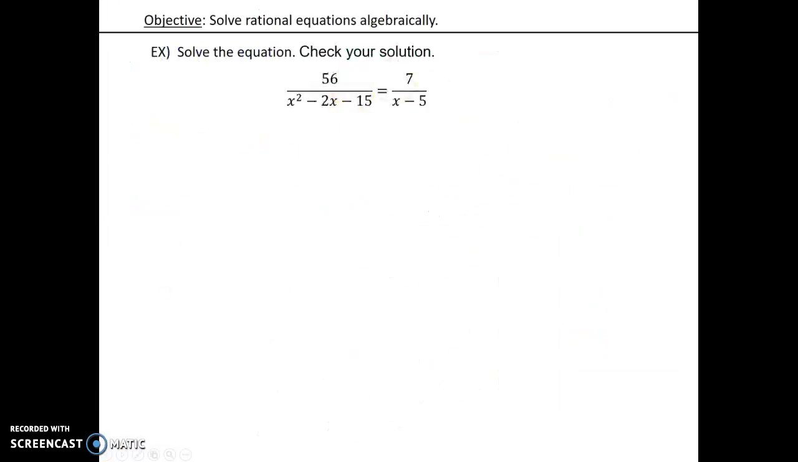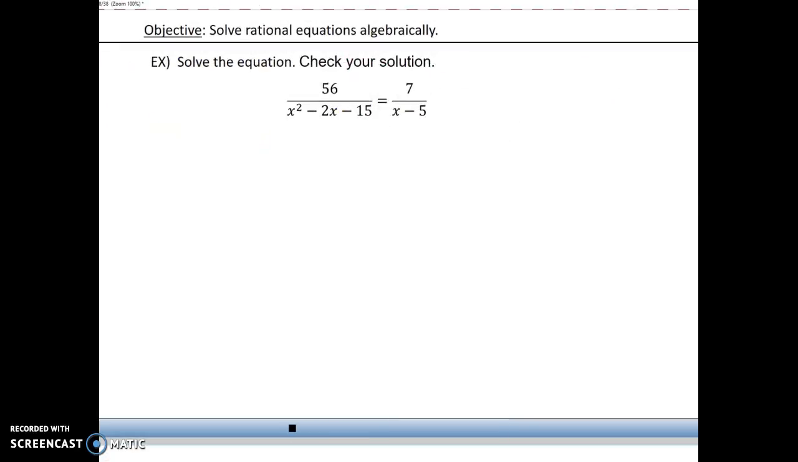I do want to go over this example with a trinomial as well, so please copy this one. We have 56 over x squared minus 2x minus 15 is equal to 7 over x minus 5. So if you remember, the first thing you want to do is to factor out your denominator. So this would be 56 over,